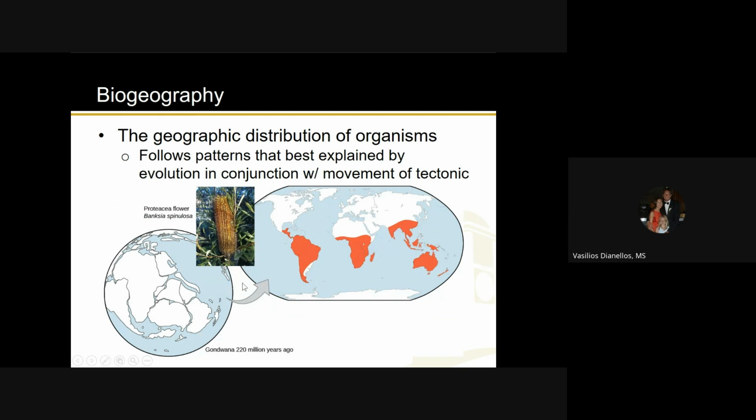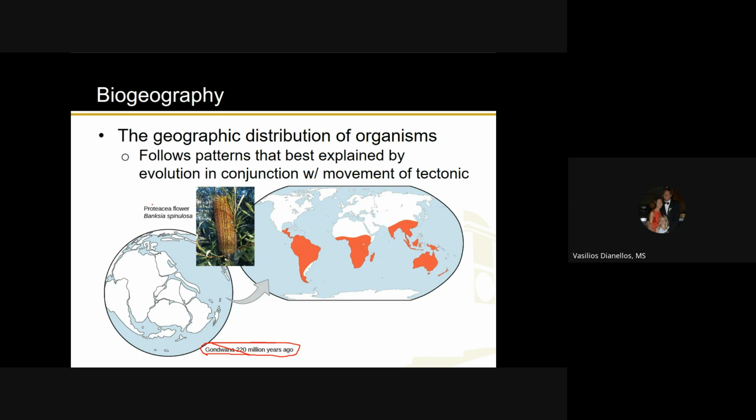But the thing is, they didn't used to be so far apart. That used to be one big landmass. So that explains how we have those similarities. It just so happens that the landmass we're looking at here is called Gondwana, and that was 220 million years ago. You don't need to know that for the exam, but that's just a good example. And once again, a good independent work topic, because that's not the only supercontinent there ever has been. There have been other ones. So you could look that up: what were they called, and how long ago were they? Anyway, any questions about this slide?